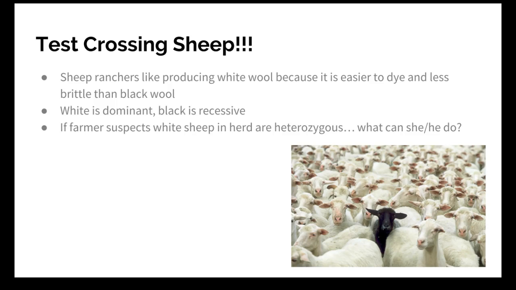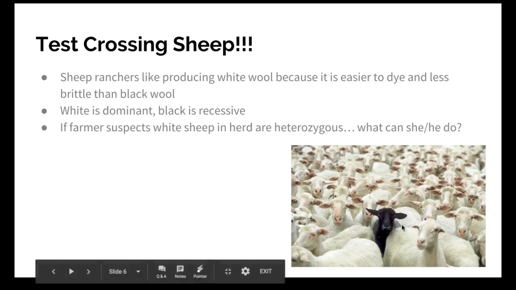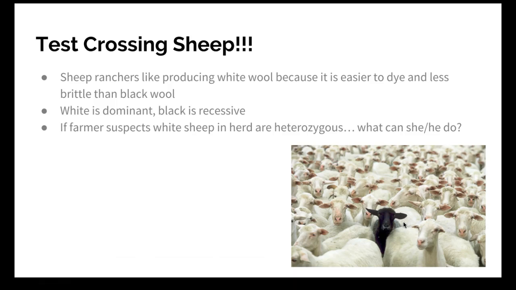Okay, in this circumstance, white is dominant to the black, and the farmer is trying to figure out if they have any heterozygous white sheep. They don't want heterozygous white sheep because they don't want to end up with a black sheep, because it's really hard to sell that black sheep. So they're in it for making money. They're trying to make sure that their herd is purebred white sheep, purebred meaning homozygous dominant. So what could they do? Well, they could do a test cross with their white sheep